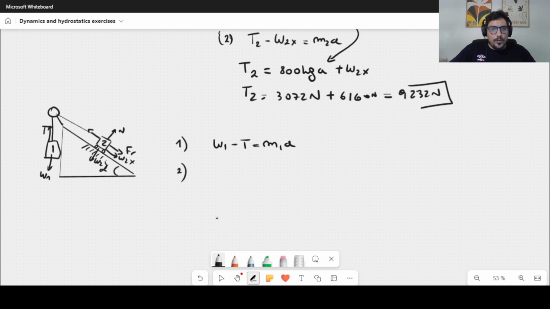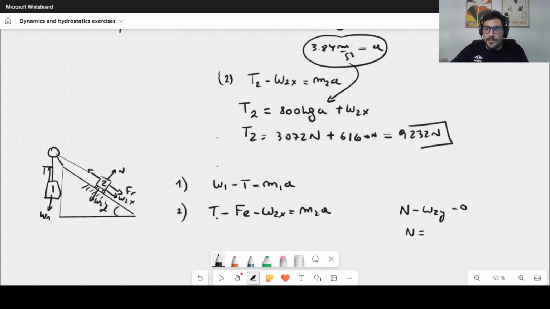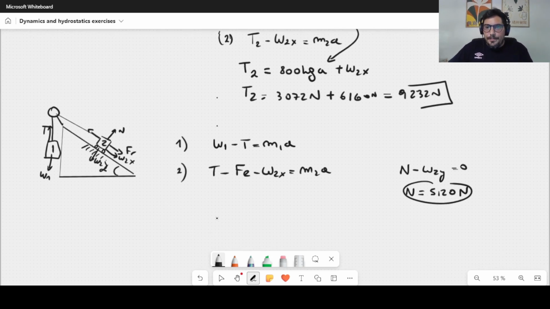So the equation in the direction of motion for object 2 is tension minus friction minus weight 2 in x is equal to mass 2 times acceleration. And what happens in the perpendicular direction? We know that the normal minus weight 2 in y is equal to 0, but we have the value of the normal. It was weight 2 in y, which is 5,120 Newton. Well, that's important to obtain the maximum static friction, but we are going to analyze something else